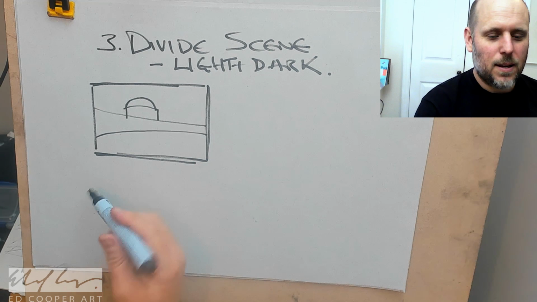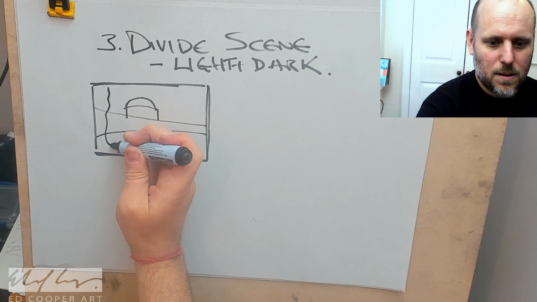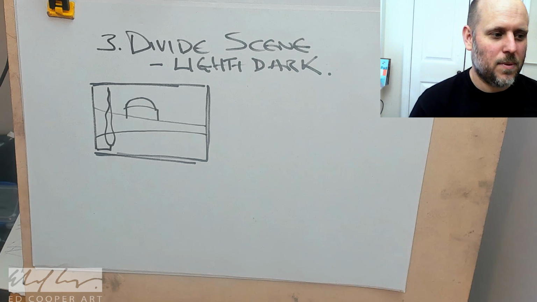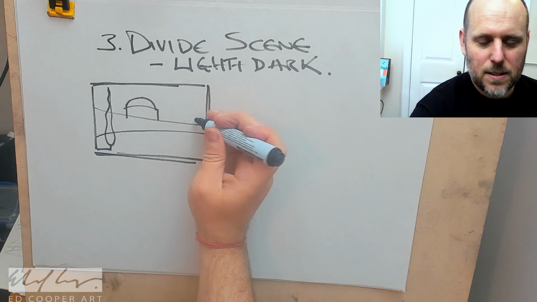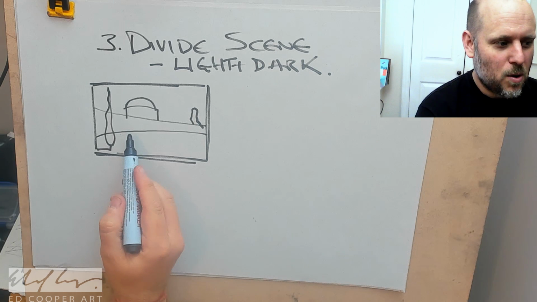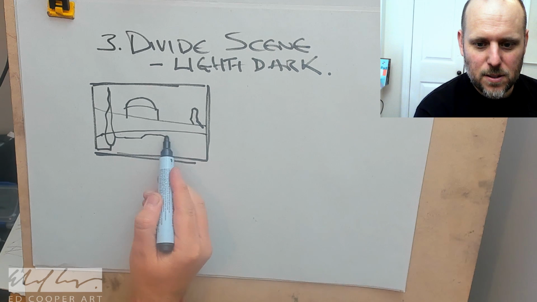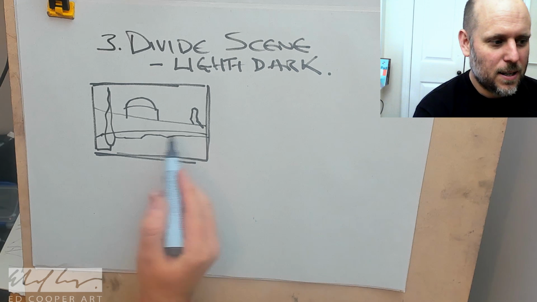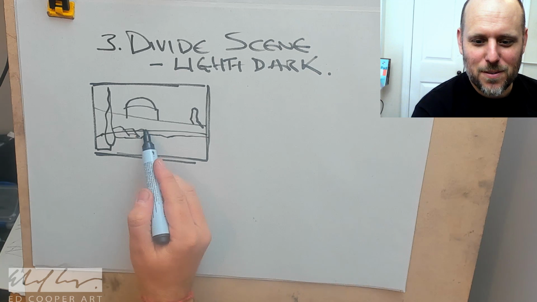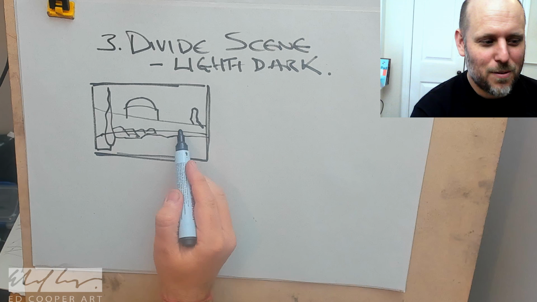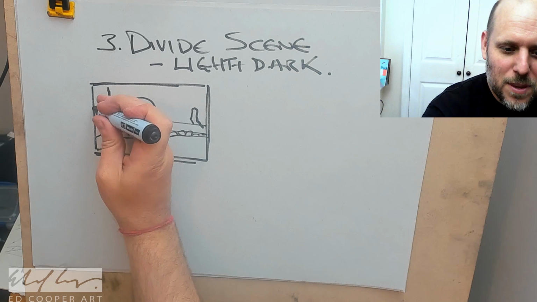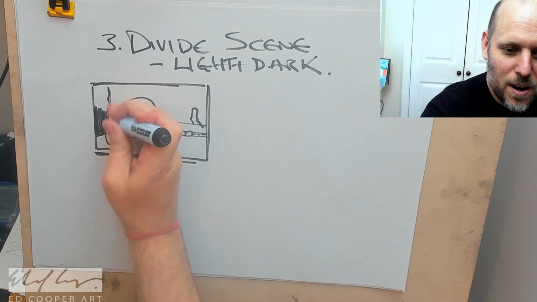Okay, and then this is a dark mass, and this is a dark mass. And then what I quite liked was there were these sort of flower beds here. Actually, have I already shown you this? I think I might have used this example already, but anyway, it had all these little sort of shrubs and stuff like that. Okay, so if I was doing it as black and white,